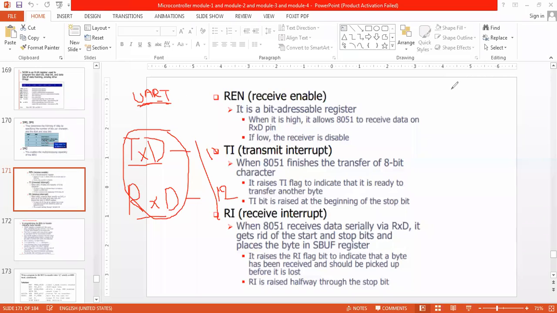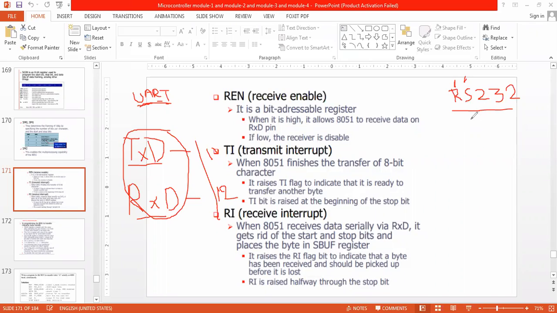The first standard was RS-232. What is RS here? Recommended Standard, developed by the EIA, Electronic Industries Association, and approved for use in communication.